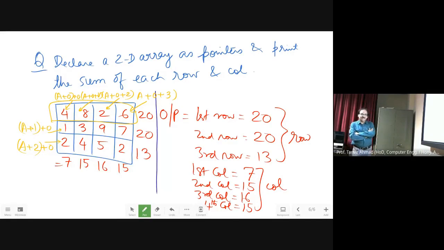Is that clear? I expect that most of you should be able to do that. Those of you who cannot do this, just send me the code on my email ID. I will just modify it and explain it to you again. But I think you can do this. I've already written the skeleton code for this. You just need to change the things in between. Any questions? Shall I proceed further?